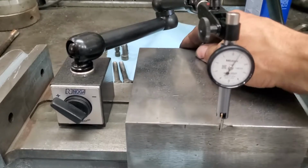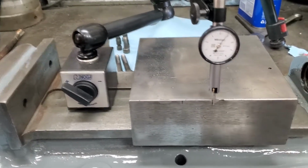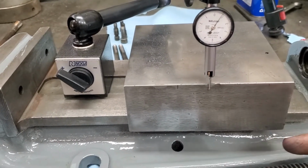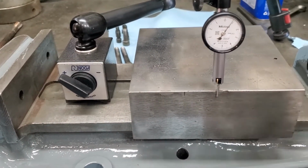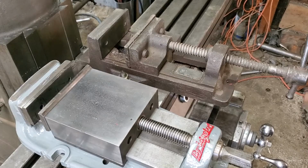Now that's not a permanent fix, because all those little high points that I got are going to wear relatively quickly. So eventually I'm probably going to have to take this off and add some bearing material in there somehow, braze it, put some babbitt on it, something. But for now, this will work pretty good. So as we wrap this video up,